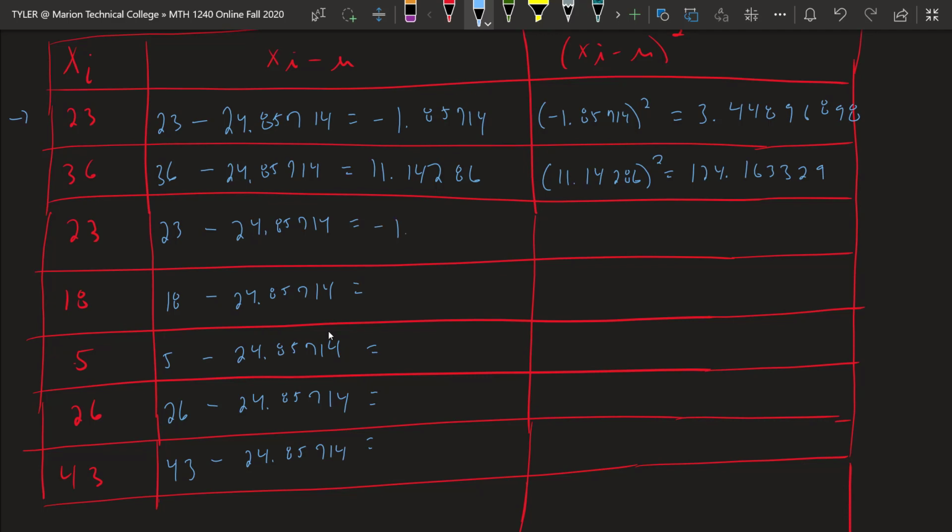So we can just copy down those numbers. Then the next one is 18 minus the mean, so 18 minus 24.85714, so you should get negative 6.85714, and then we're going to square that, negative 6.85714 squared. That gives me